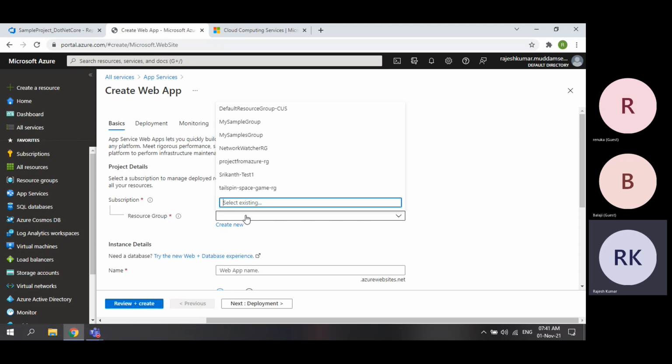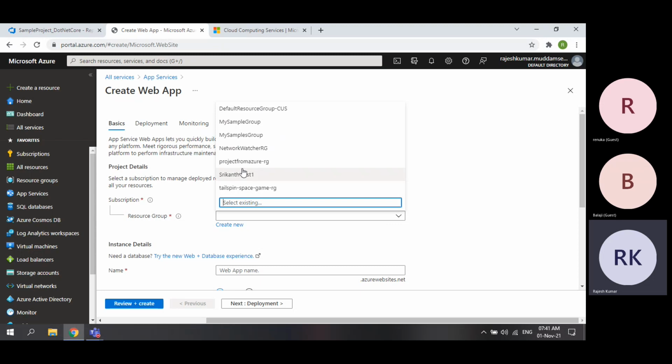Let's say you have 3 teams. One team is in India, one team is in Europe, another team is in the US. For India, you will have an India resource group, so that whoever is working in India will create all the resources in the India resource group only. If tomorrow you want to verify the bill for the India team, you can directly check the India resource group, see how many resources were created under it, and pay that.